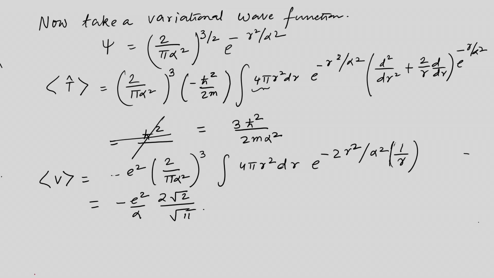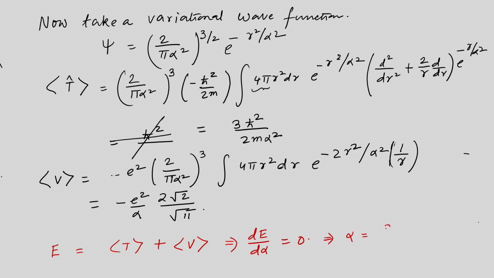So, the total energy is given by T plus V, and if we take this dE/d alpha and put that equal to 0, one gets alpha equal to 3 root pi h cross square divided by 2 root 2 m e square. And with that, this gives us the ground state energy, that is the variational energy. So, this is given by minus 4 by 3 pi, m e 4 divided by h cross square, and that comes out as